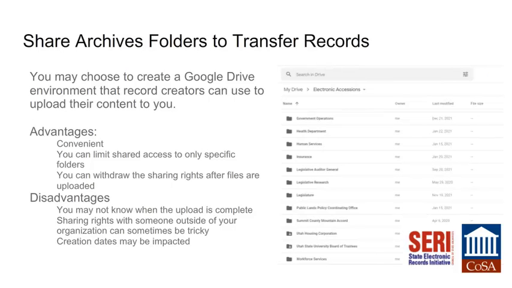When a record creator notifies you that they want to transfer records to the archives, you can choose to create a subfolder in a Google Drive space where you accept new accessions, and share access with the record creator until the upload is complete. This process does require good communication between you and the record creator, as sometimes there will